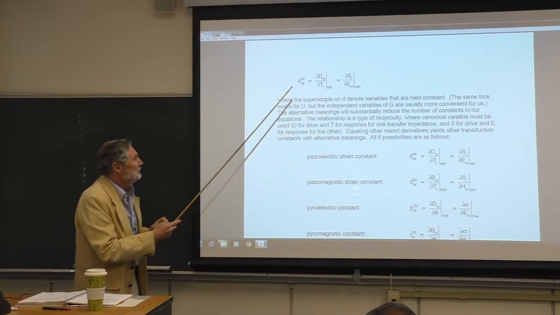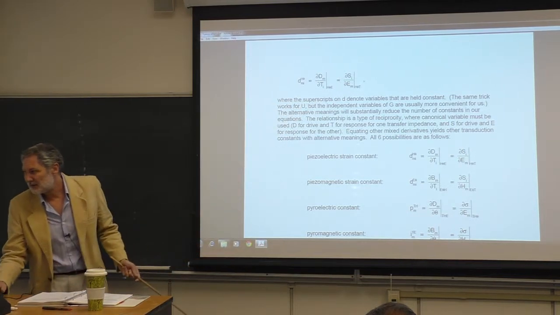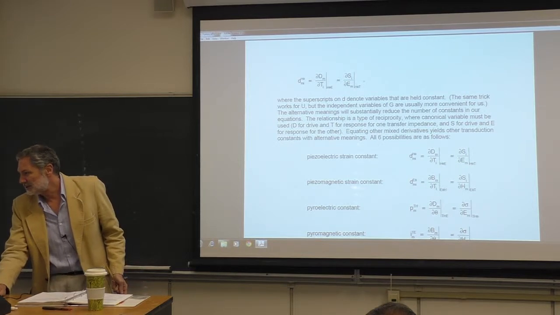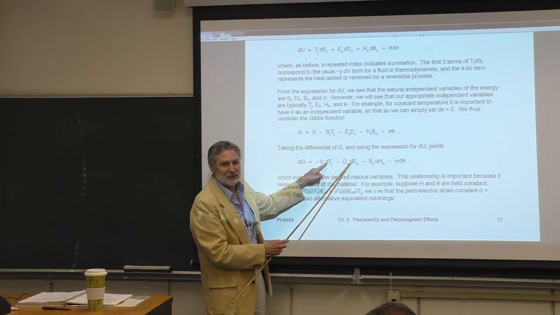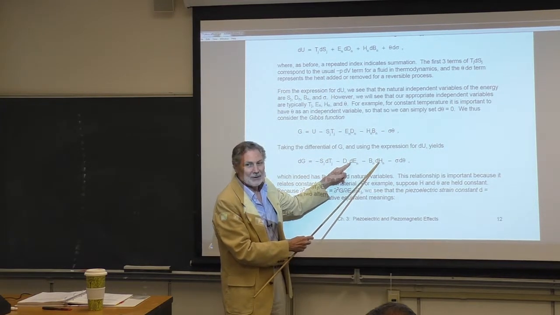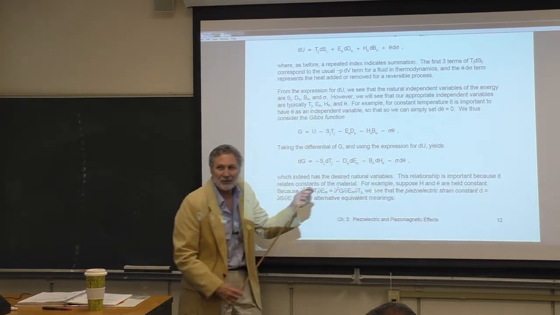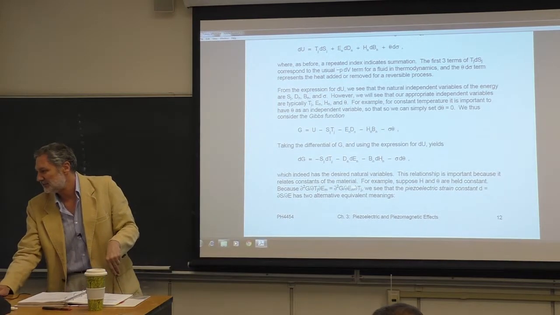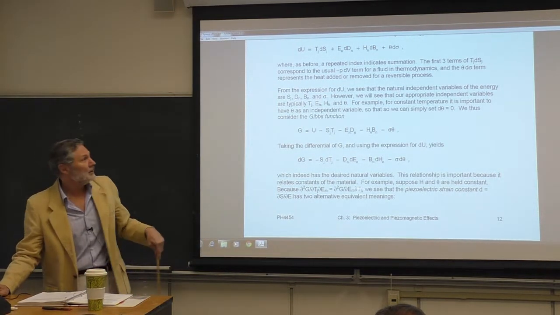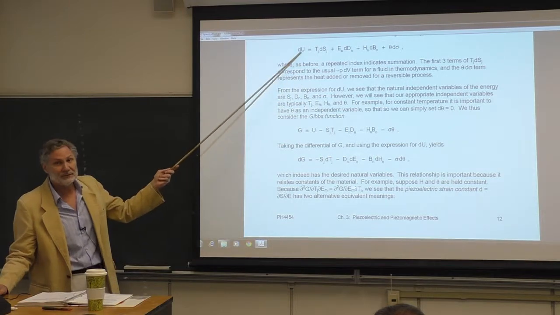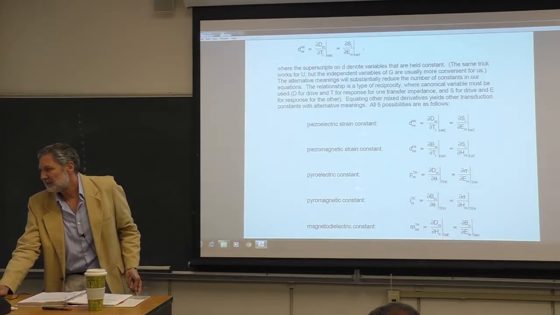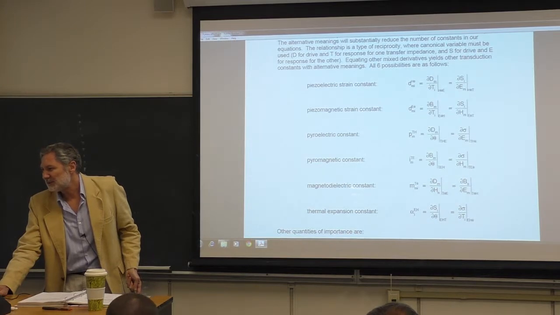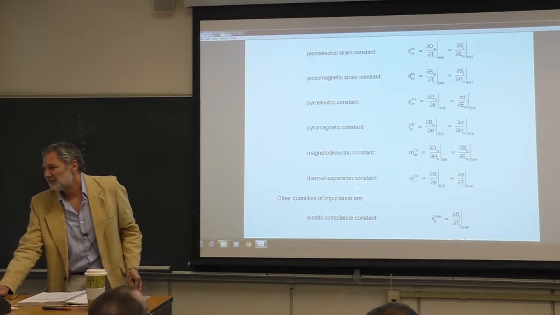Now we just did it for G here. We got that relationship just for these two variables. What about these two? Oh yeah, these two, yeah. There's a total of 6 possibilities for the G function and any other thermodynamic potential. You can do the same thing with U. So here they are written out, the 6 possibilities for